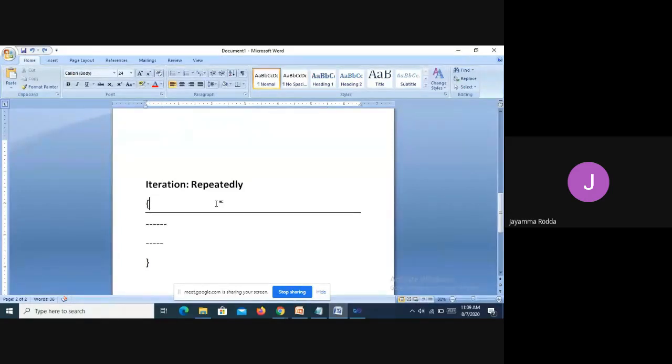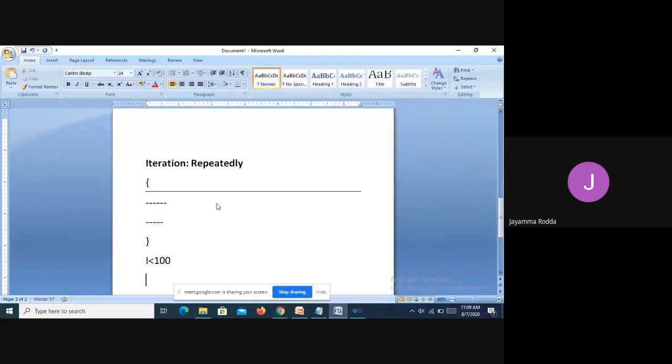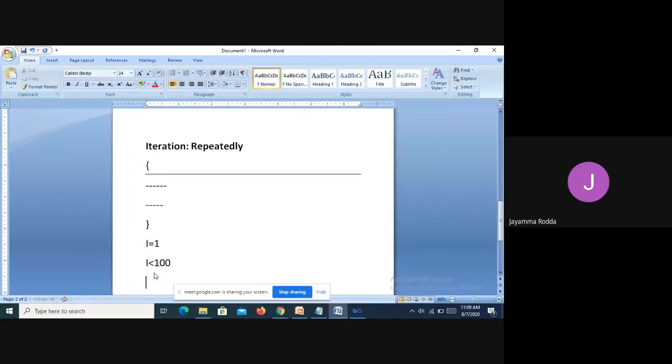So what will I do? Before this, I will specify that I is less than 100. Initially I will write I is equal to 1. So from 1 to 100, 99 times the loop will be repeatedly roaming around, and once the I value is increased to 100, it will stop.